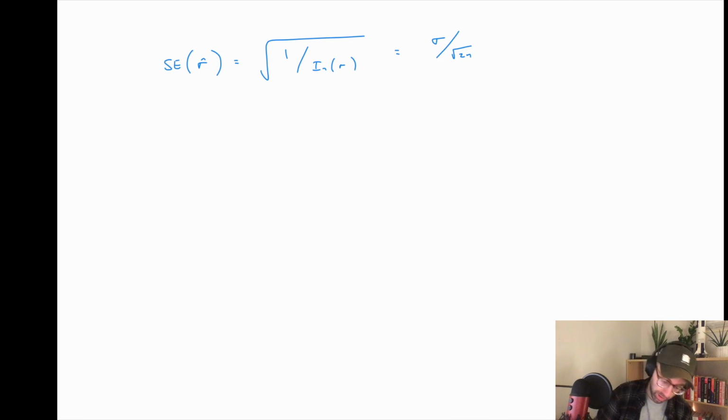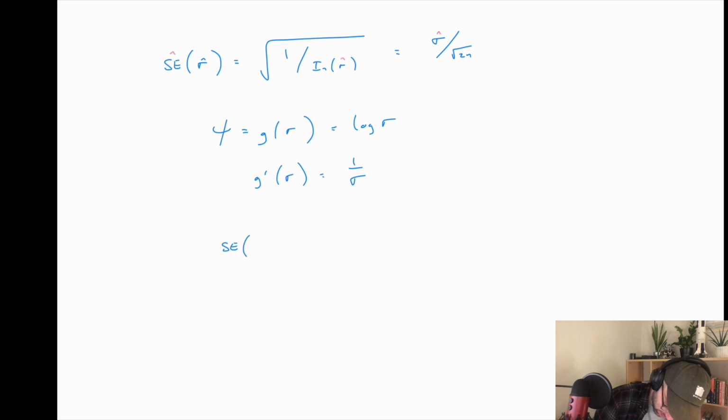Remember the parameter that we're actually after is some function of this. I should also say that if we put a hat here and a hat here and a hat here, we're still fine. So the problem told us this, which means that g prime is 1 over sigma. So that means the standard error of the thing we actually care about